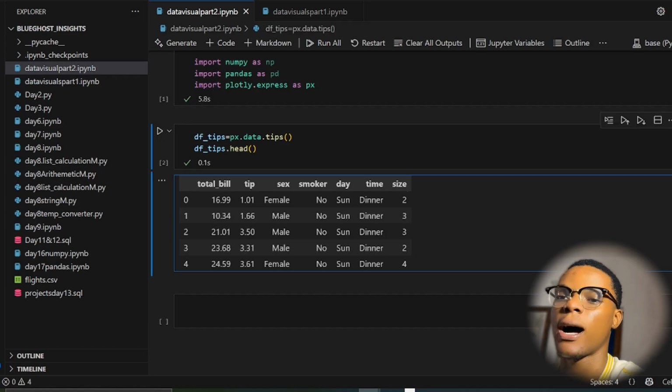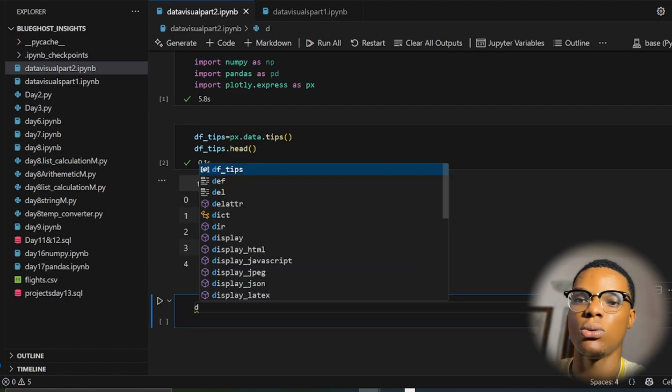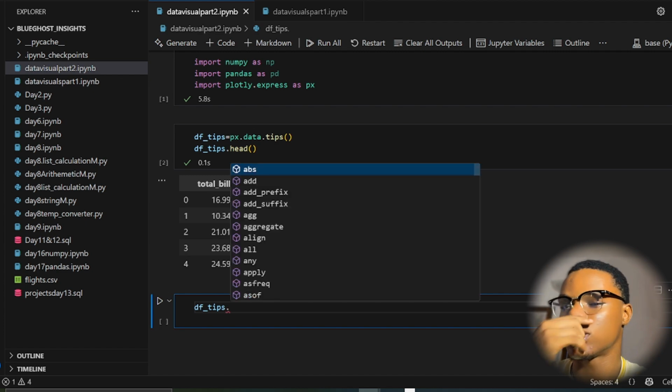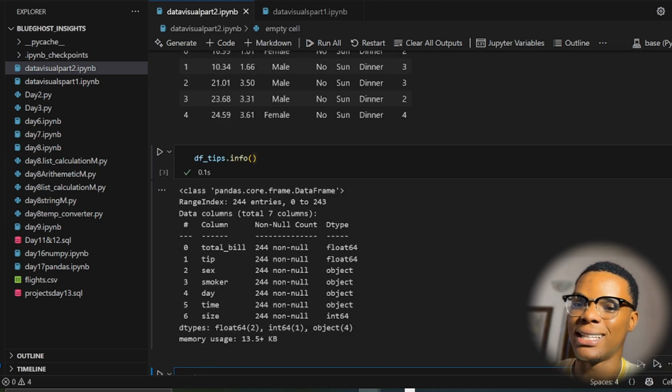All these are the variables that have different information inside of them that can be used. So we will dive deeper into this. I'm going to show you the insights that can be driven from this. We're going to dive into the descriptive analysis, and we're going to go into the hypothesis analysis. We'll say df_tips.info(). If you run it, it's going to give you the data types that are found there, like floats, integers, objects,